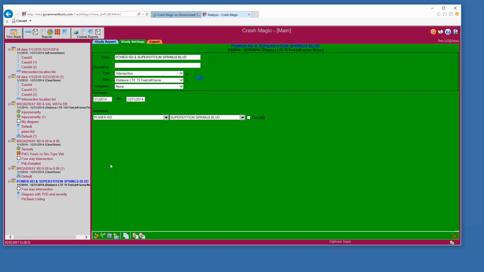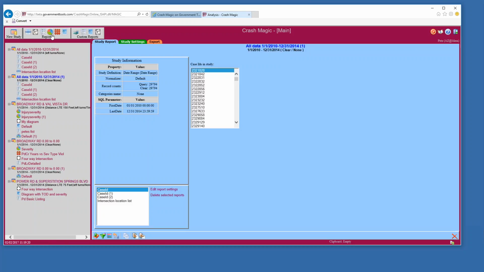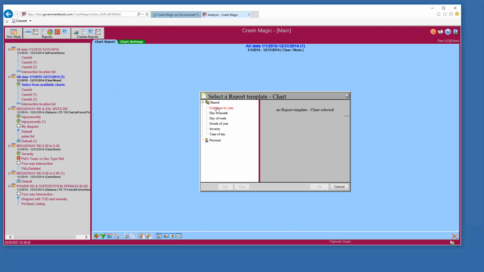I'll say the right way to do it is not so much to create a new study, but rather to modify your existing study. So if you have, for example, chosen, let's see if I can do this right here. So this is a study of 2010 to 2014. This isn't 10 years, but it should have the same concept behind it. So if I choose to do a bar graph, and I do this by year,